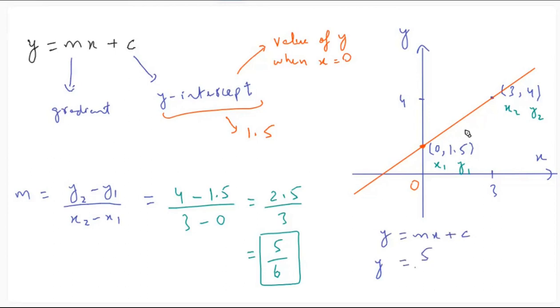So that's 5 over 6 into x plus c, that is 1.5, उसको 1.5 भी लिख सकते हो, or if you want, you can also write that as 3/2. So both are fine. Okay, so that is the equation of this line using y equals mx plus c. Okay, yes, that's correct, Rafi. Very good. Ali is saying,